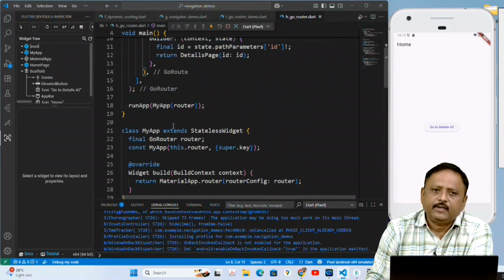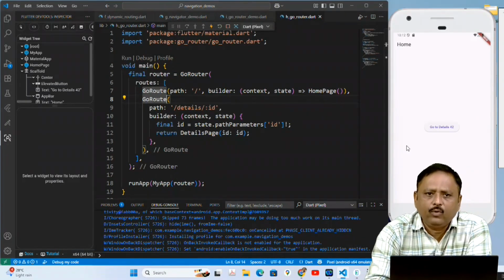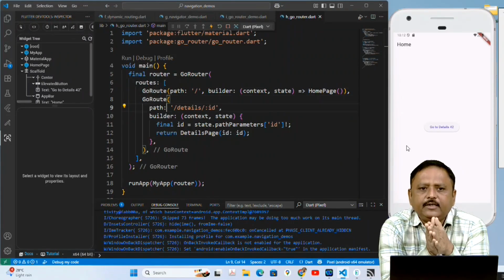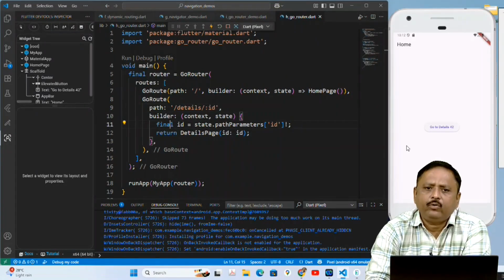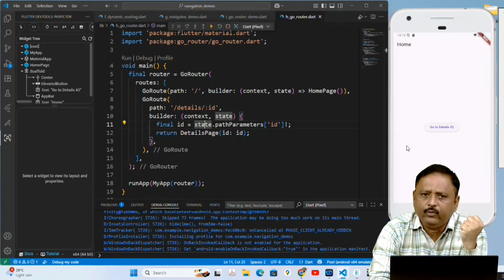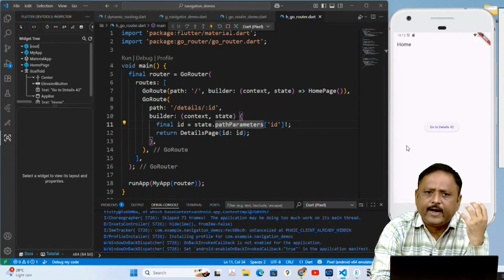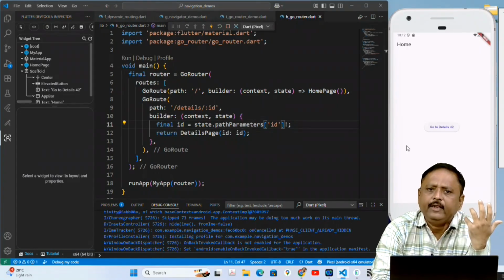So now let us understand these. Inside GoRoute, I define the second path, which is slash detail slash colon id. Inside the builder, we have to extract that value 42. So here I write state.pathParameters with the name id.